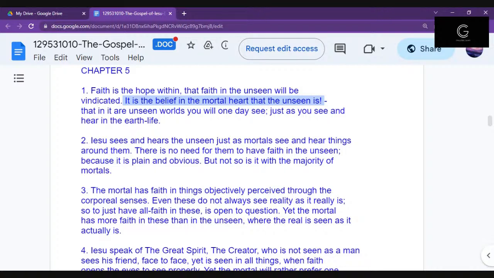It is the belief in the mortal heart that the unseen is. That in it are unseen worlds you will one day see, just as you see and hear in the earth life. Iesu sees and hears the unseen just as mortals see and hear things around them. There is no need for them to have faith in the unseen because it is plain and obvious. It's objective. But not so is it with the